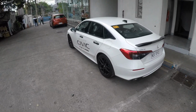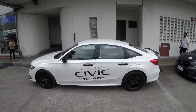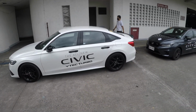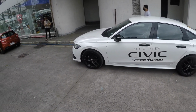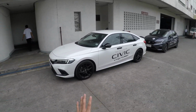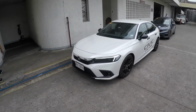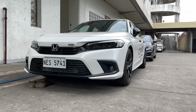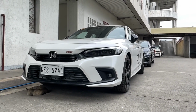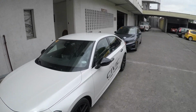So actually the design, I think, for me is great, and especially the interior. If you guys see the interior is great, and just look at it, you just fall in love with the car, and the size is just right. It's perfect. We got LED headlamps, LED fog lamps, and LED daytime running lamps. I have the RS badge. Let's go check